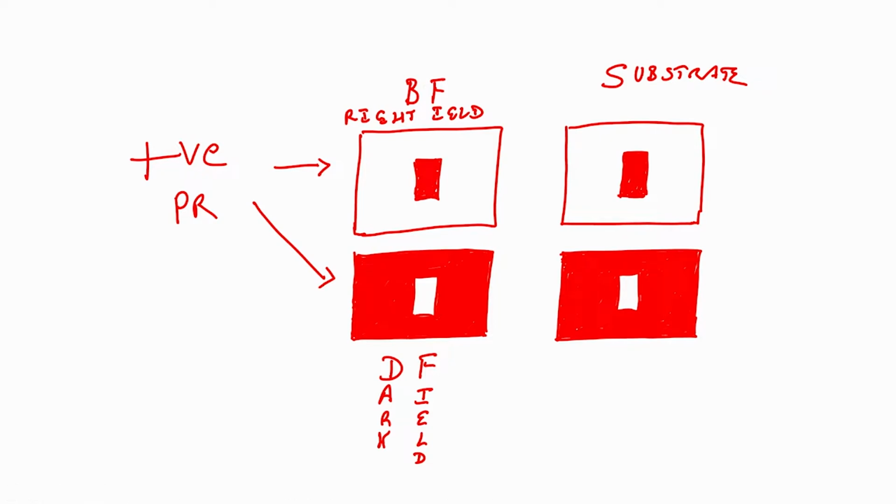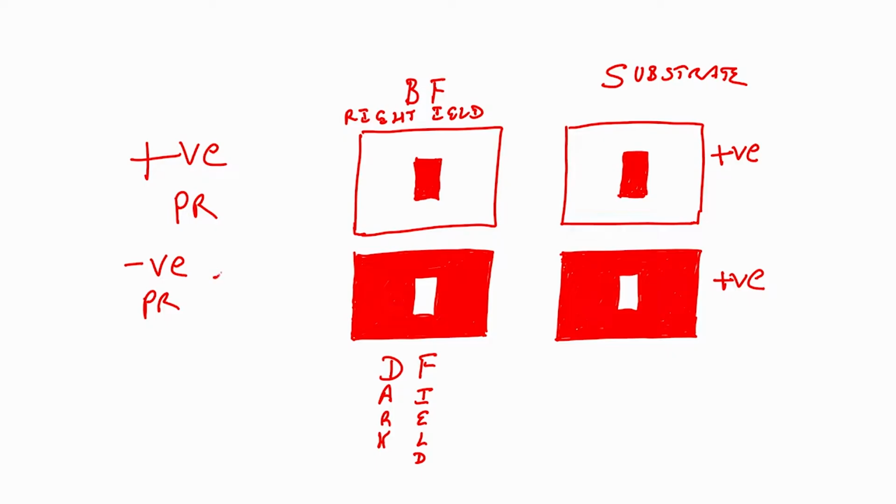So, if I use my bright field mask, I will have the same pattern. If I use a dark field mask, I will have my same pattern, but this is for positive photoresist, right. Instead of that, if I use negative photoresist,